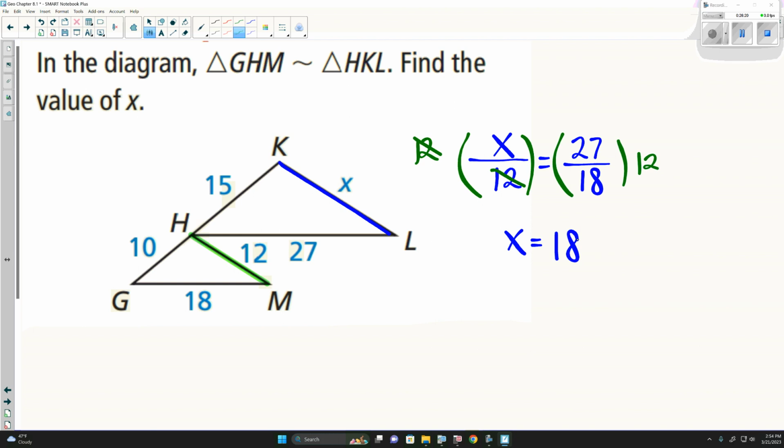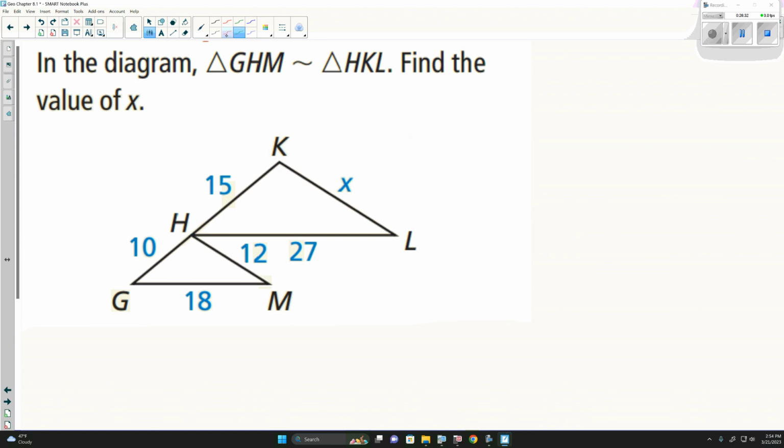So the value of x is 18. Any questions on this here? Now, I want to look at another way to do this. So we're going from 12 to x, yes? Which means our scale would be the same as going from 18 to 27 or 10 to 15, yes? So the scale